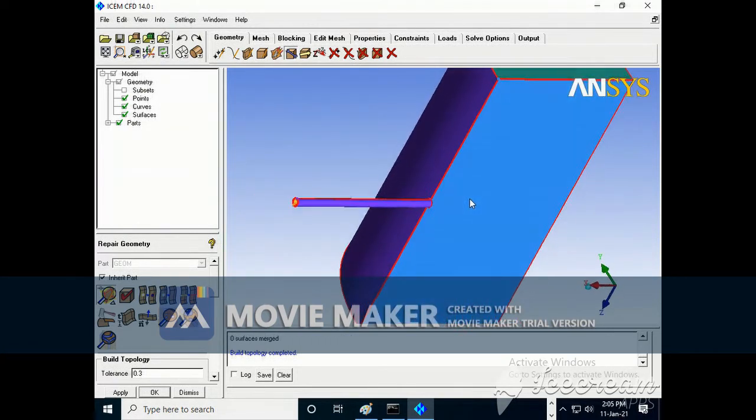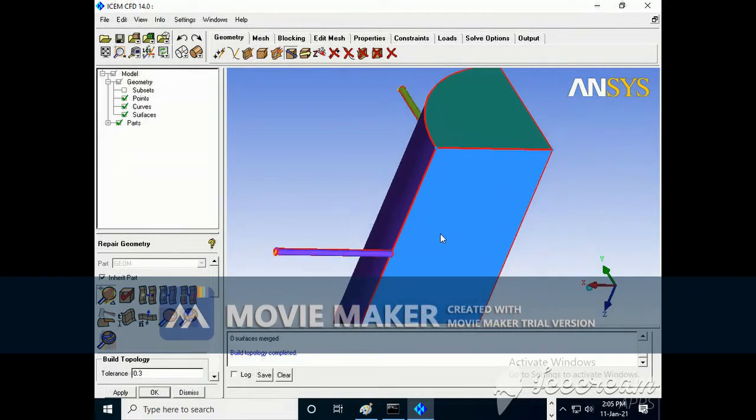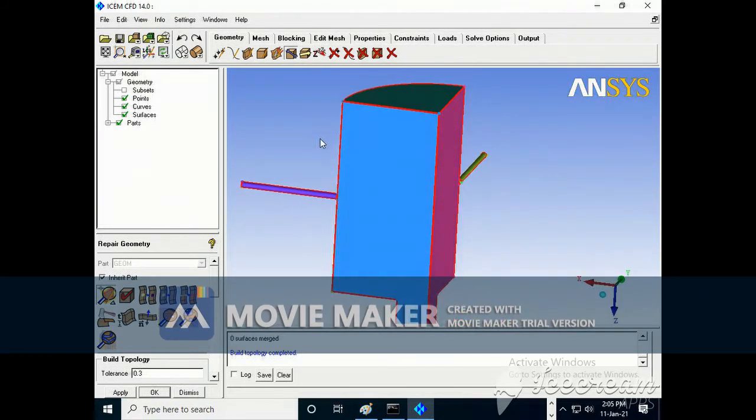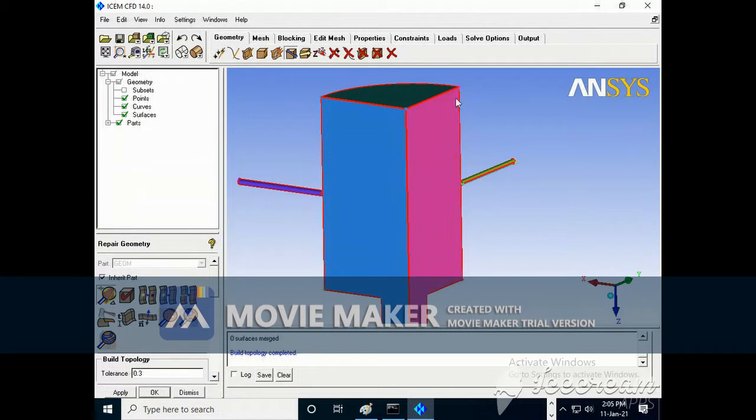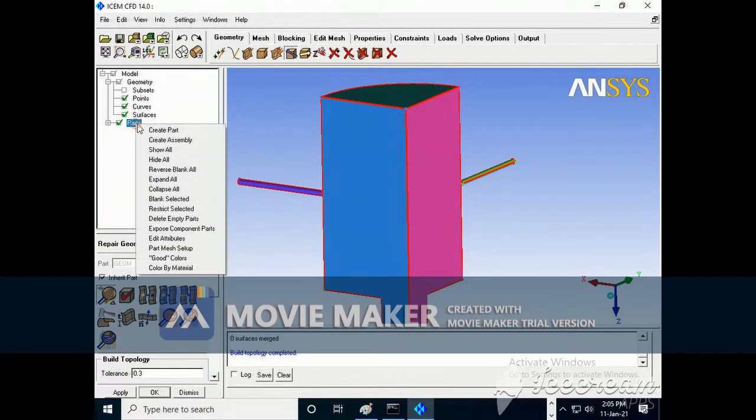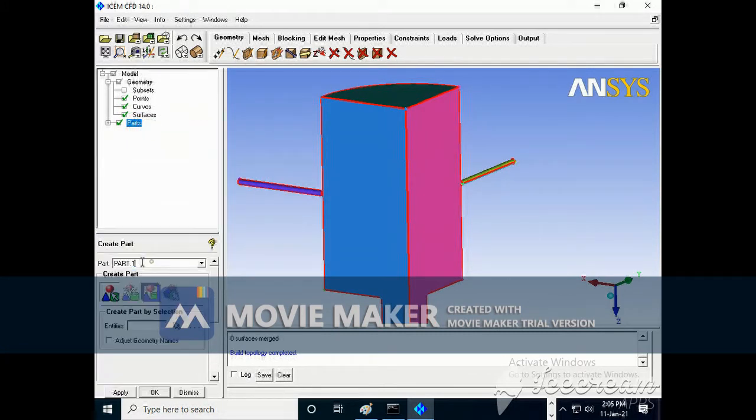Okay, then the next part is simple, give labels to the geometry. I will show. Go into part, say create part, you can say side wall.